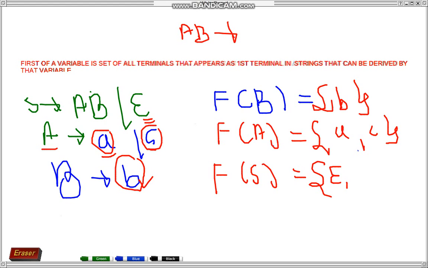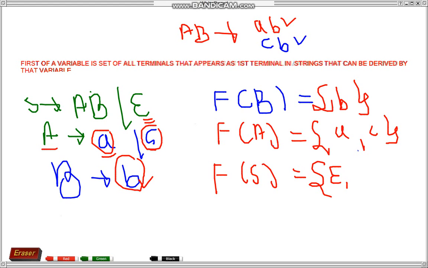In AB, if you use small a in place of A and b in place of B, you would derive the string ab. Again, in place of A you use small c, and in place of B you will use b, expanding using b.